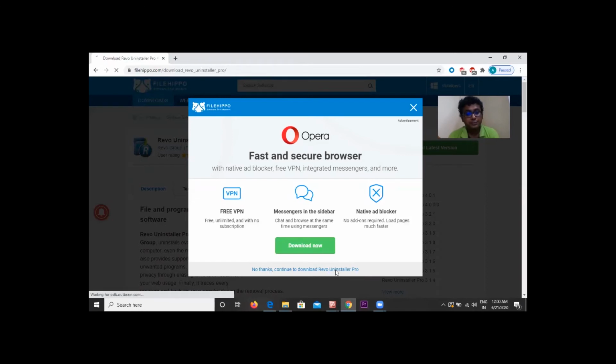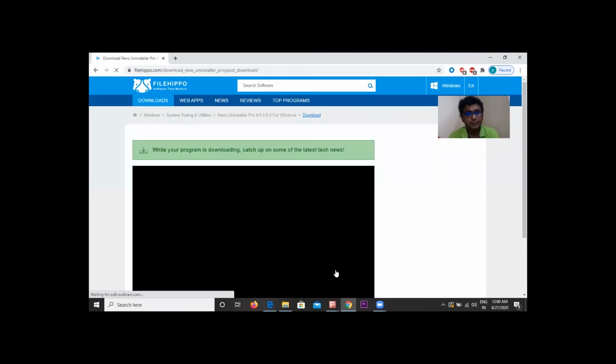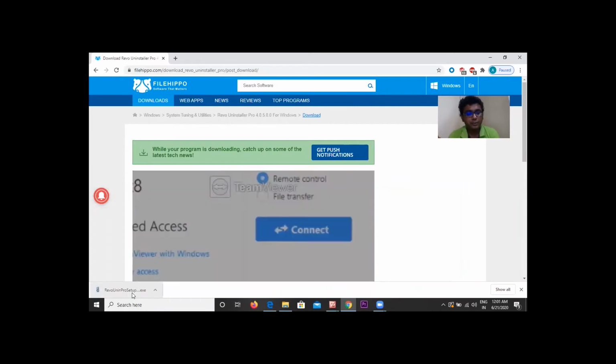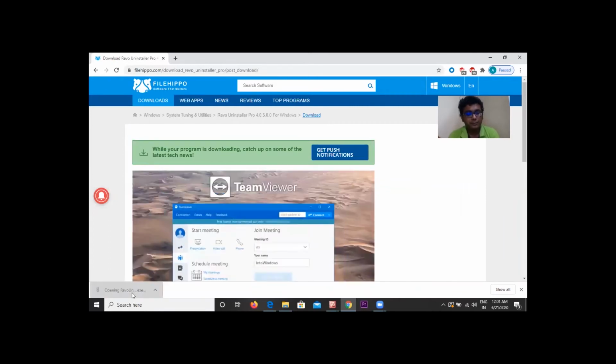Click on it. The system is taking time. Yeah, the software has started downloading, which is there on the bottom left hand corner. What you will do is double click on it.